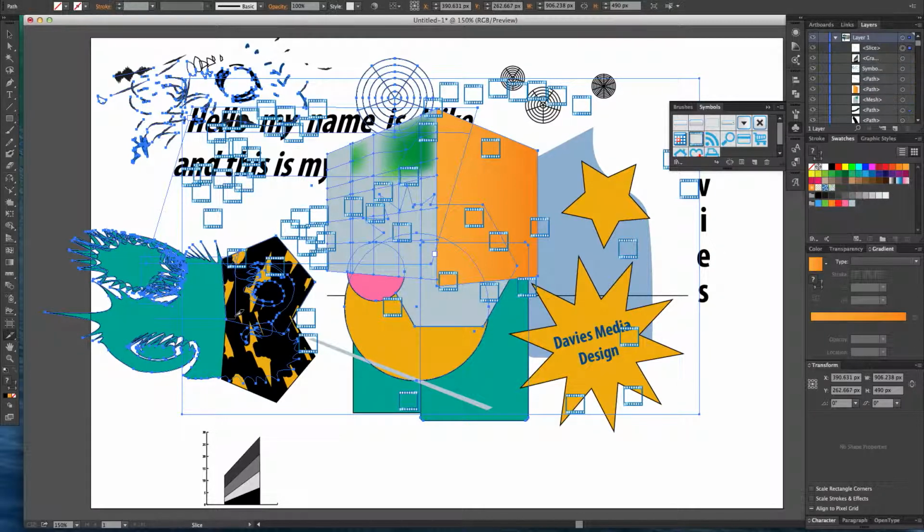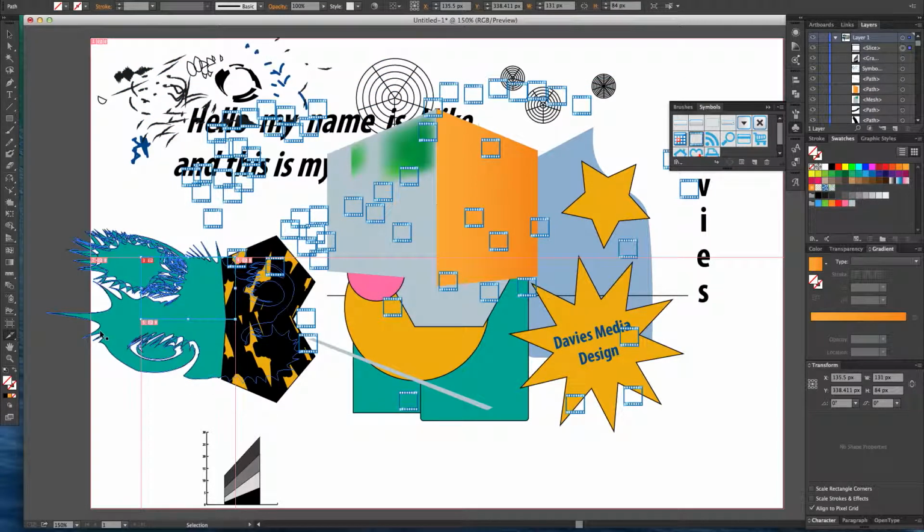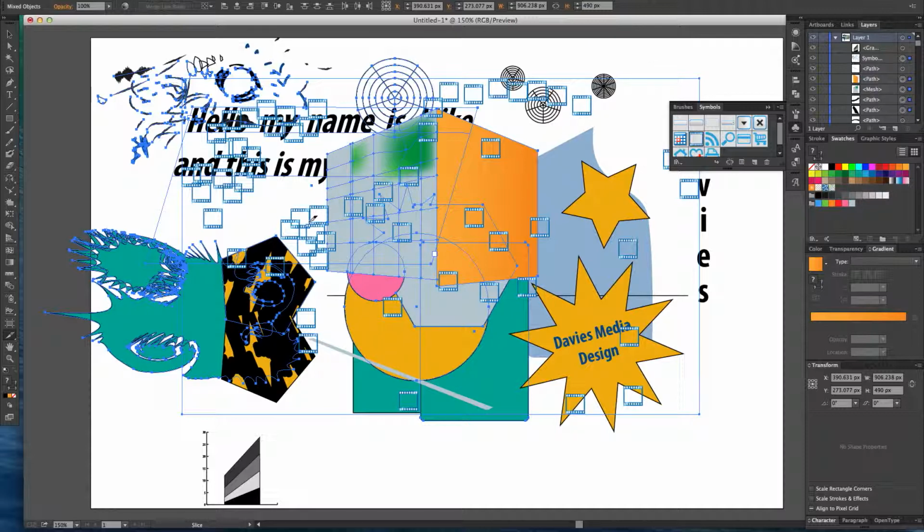So you have the slice tool. This is kind of advanced, but if you're working with an email and you want to slice the email up so that only certain parts are clickable and are linked and other parts aren't, this allows you to slice up the